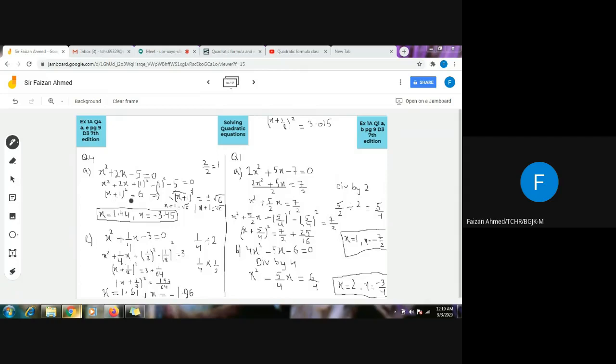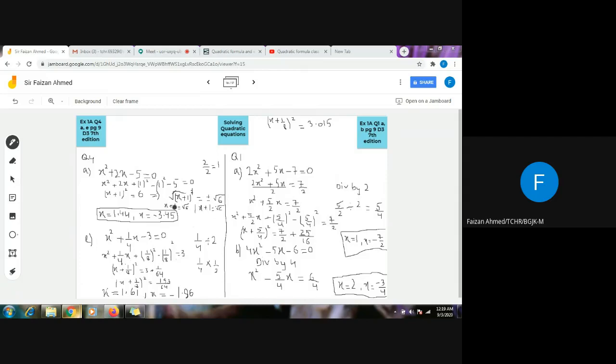I have converted my question into the specific form where I can apply the taking square root method on both the sides. So in order to find the value of x, I will take square root on both the sides. On taking square root, this square and this root will be cancelled out. This will be x plus 1, and this will be equals to plus minus under root 6. And I have two possibilities now. The first one is x plus 1 equals to under root 6, and the next one is x plus 1 equals to minus under root 6.